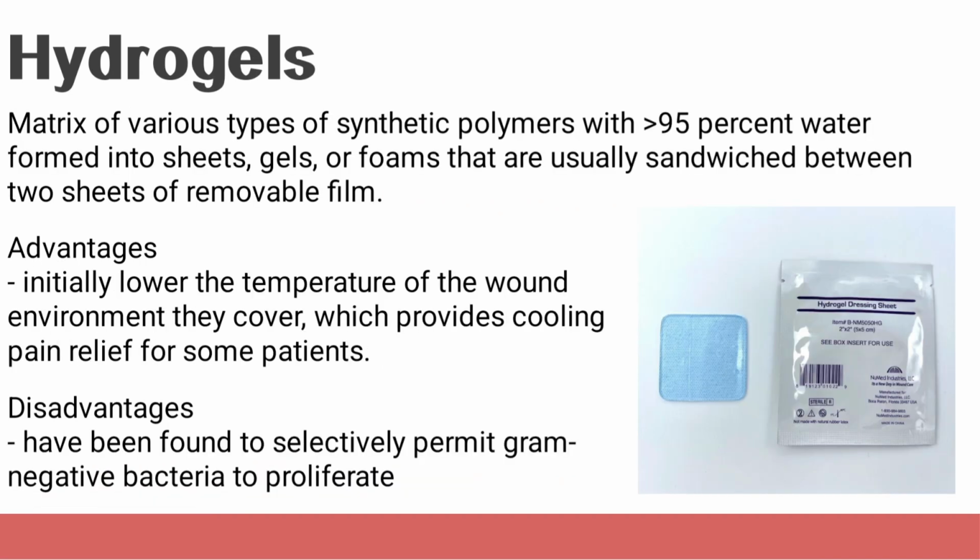There are hydrogels as well. The hydrogels are a matrix of various types of synthetic polymers with 95% water formed into sheets, gels and foams that are usually sandwiched between two sheets of removable film. Advantages are they initially lower the temperature of the wound, which provides cooling and pain relief for some patients. Disadvantages are